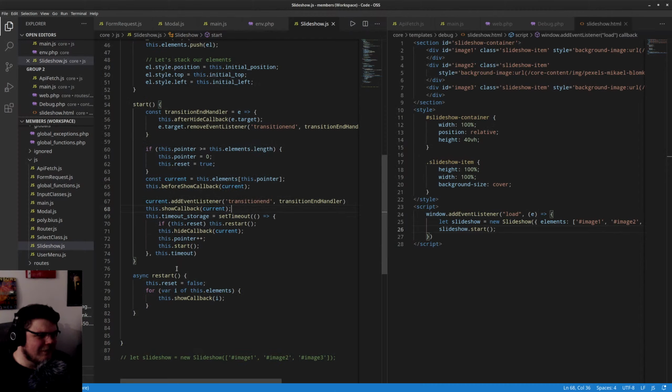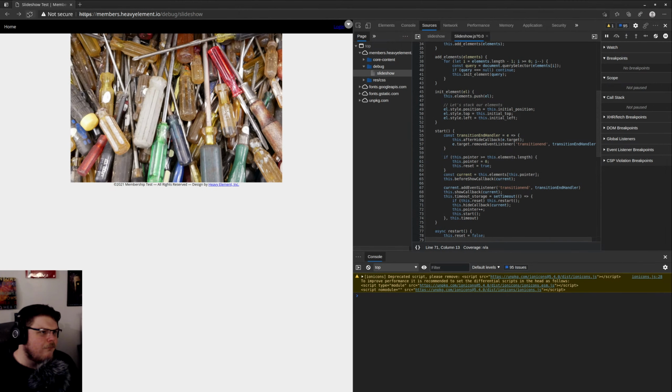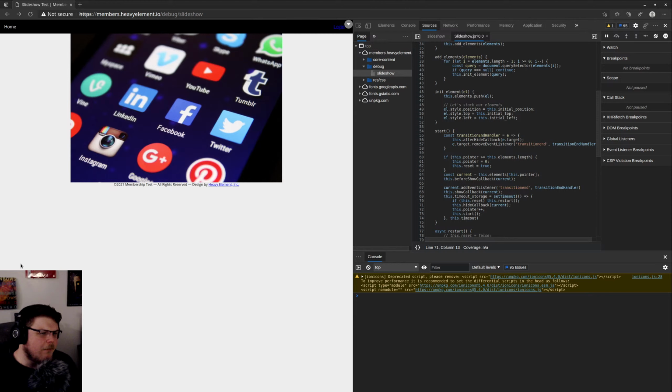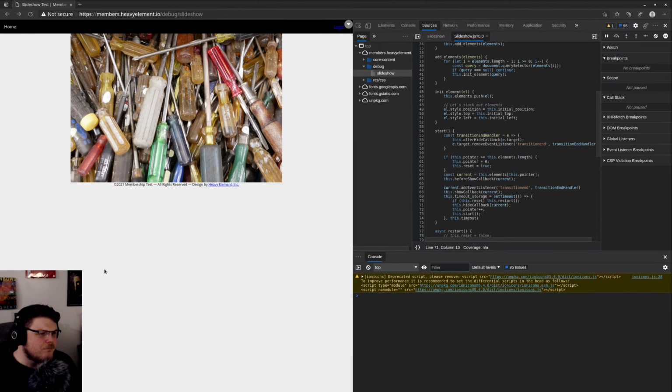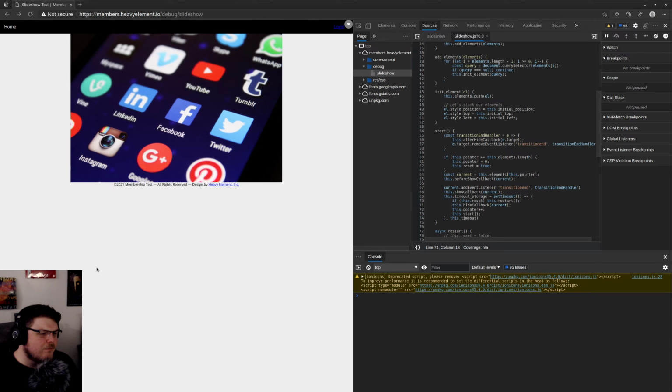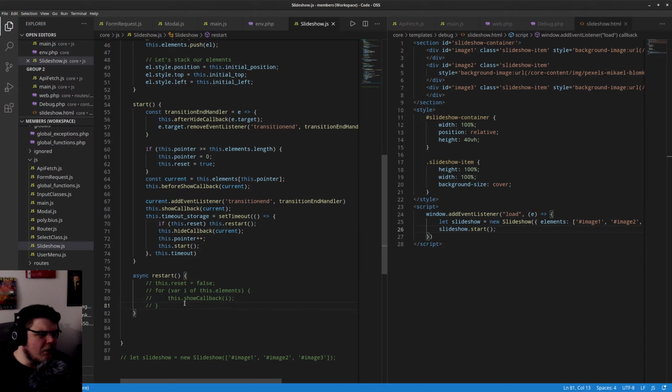I don't understand. Okay. So without the other one, it'll start to flash, right? It's going to flash. Yeah, we don't want that. So